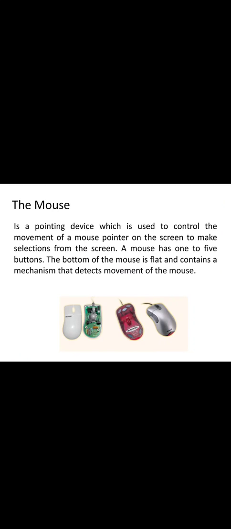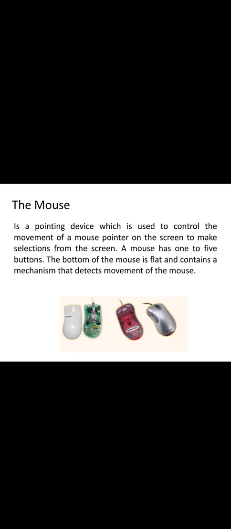Now there are different types of keys. There are typing keys, there is a numeric keypad where numbers are there, then you have the function keys where different types of functions can be done. Then we have the control keys, and then we have the special purpose keys, that is the escape key and caps lock key, etc. So there are different keys that you can see in a keyboard.